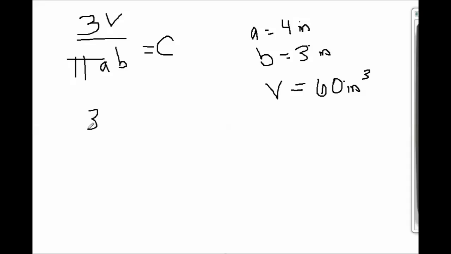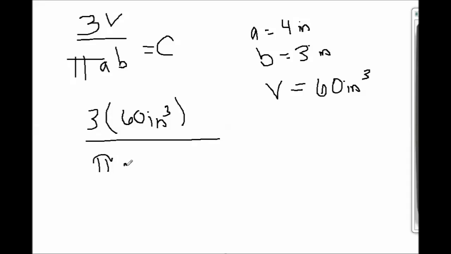So we have 3 times v. V is 60 inches cubed, divided by pi times a, which is 4 inches, times b, which is 3 inches. That's equal to c. So let's multiply the tops and bottoms. There's no reason to make this more complicated than we need to. Let's just do what we can. So 3 times 60 is 180